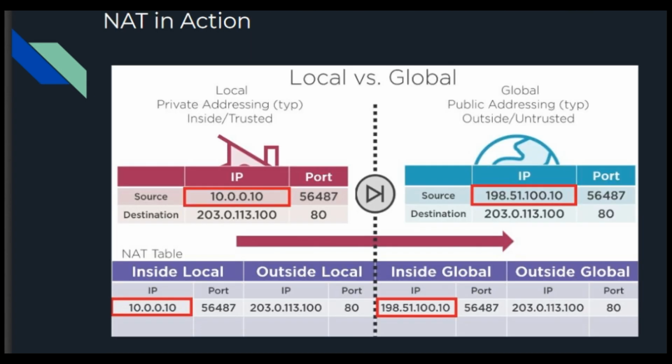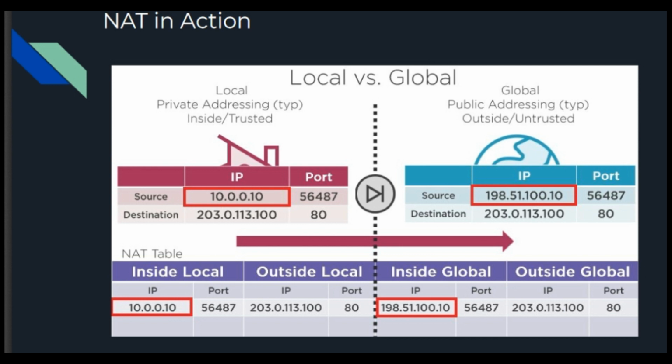In this video we are going to discuss how NAT takes action when traffic moves from the local network to the global network. We have also discussed the local network versus the global network, and how NAT manipulates the IP header and TCP header to take action for a NAT technology. So here is one example.